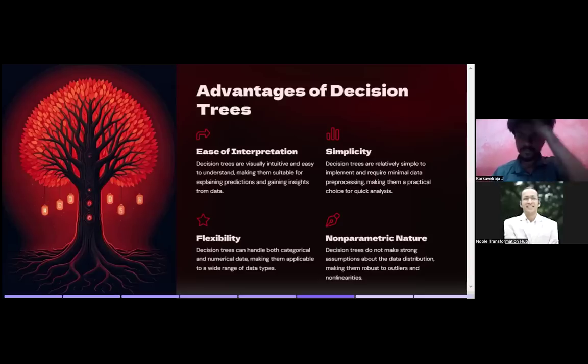Yes. So advantages of decision trees, guys: easier to interpret. Decision trees are visually intuitive. When you see the decision trees, they are visually intuitive. You can understand easily, okay? You can easily understand, making them suitable for explaining predictions and gaining insights from the data, okay? Then simplicity is there. Decision trees are relatively simple to implement, require minimal data processing, making them a practical choice